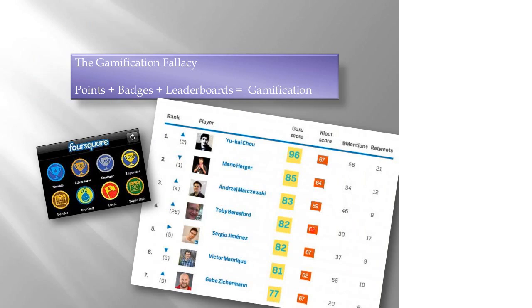Okay, I think there's a big fallacy out there, and that's that gamification equals points, badges, and leaderboards. And where it fails in business, I think it's largely because people have this outlook. Gamification comes from games, and games are not all about points, badges, and leaderboards. I have to say that Moodle's integration of badges in its management system, I think, has been tremendously useful because it is engaging. I think badges are a mechanism you can use.